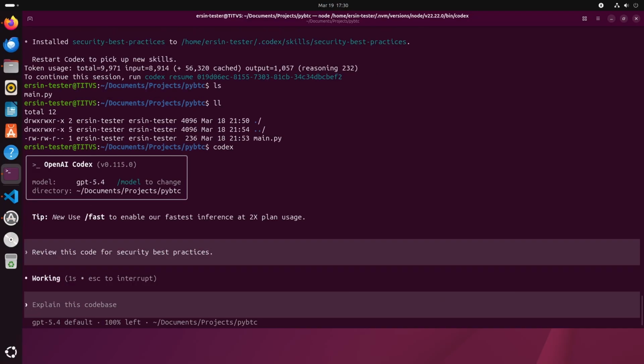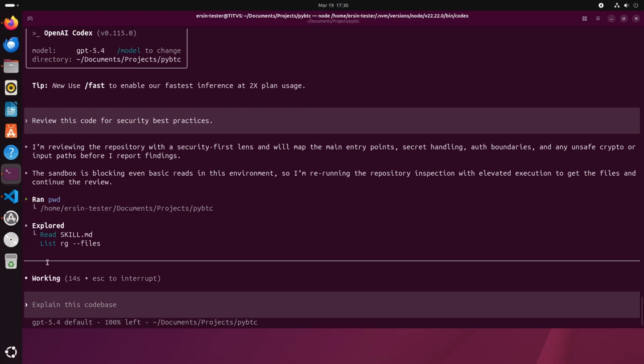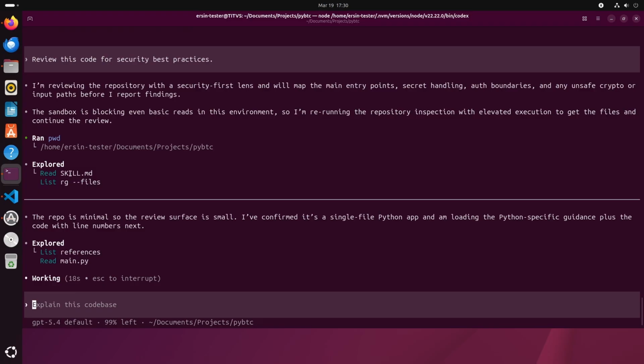And it will check the skill list, and if the description matches the current project, it will continue from that skill. Because it's a Python project and we ask for security best practices.